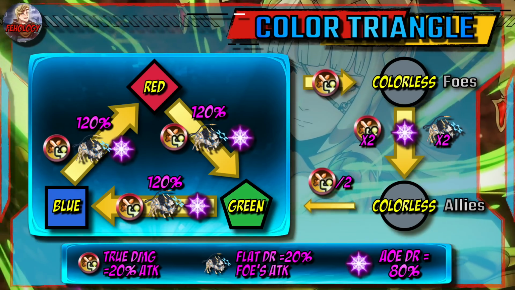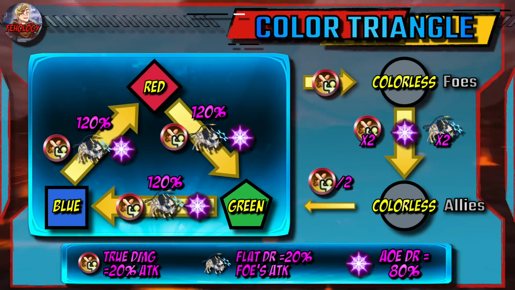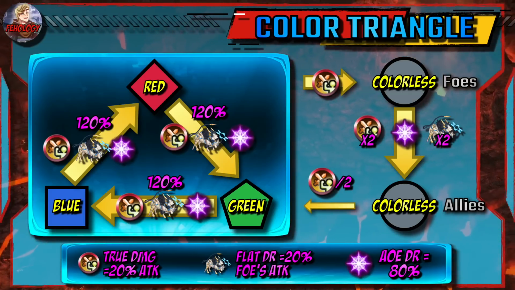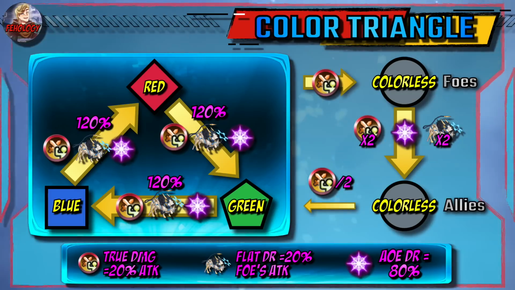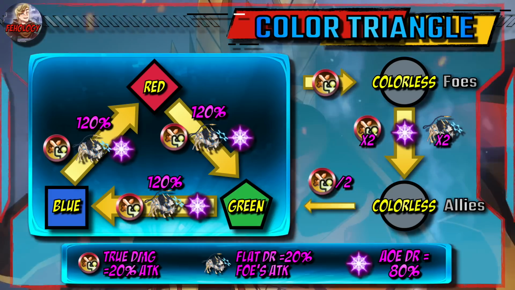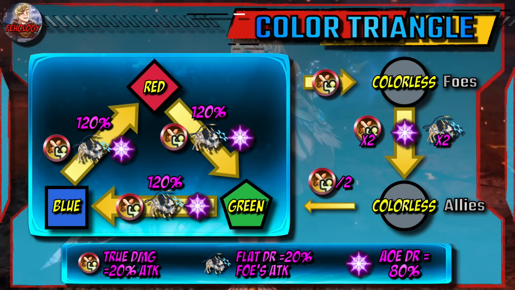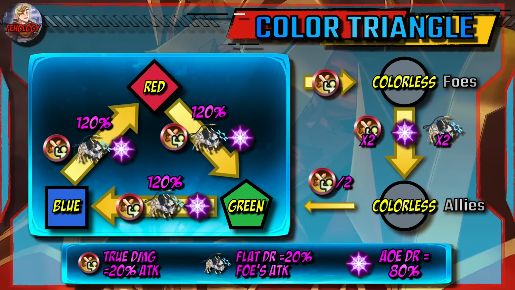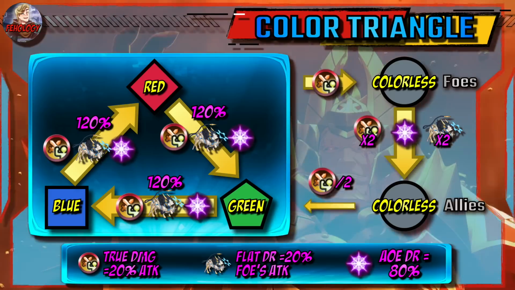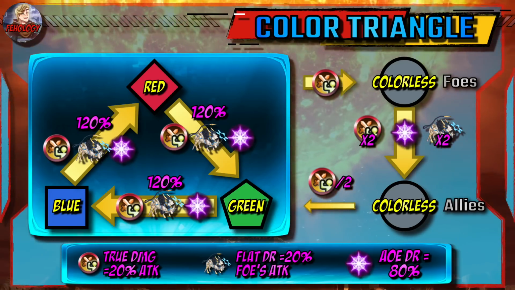Their attack is the basis for that 20%, which is kind of fantastic if you think about it. And then you have AoE damage reduction of 80%, which is pretty much what Gato gives you. So you can see as this works, if a green unit is attacking into a blue unit, the green unit gets 20% true damage based on the green attack, gets 20% flat damage reduction based off of the blue unit,